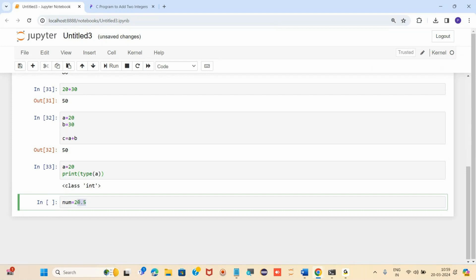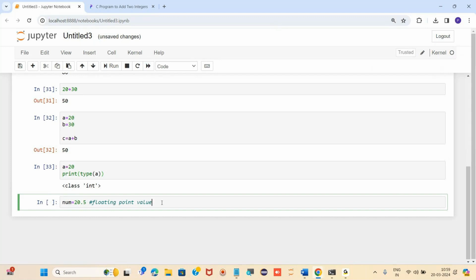Point means it is a decimal value. So it is going to store a floating point value.